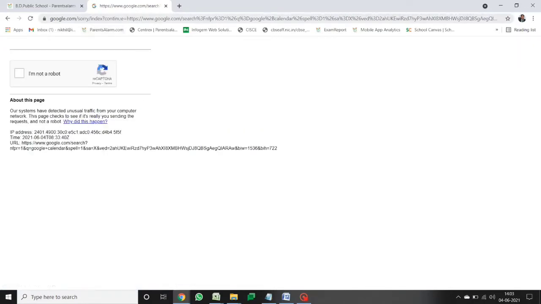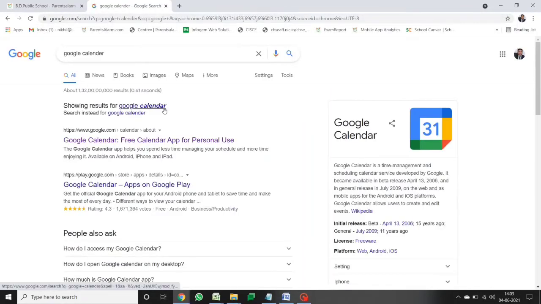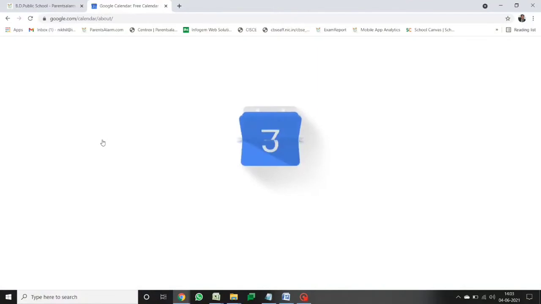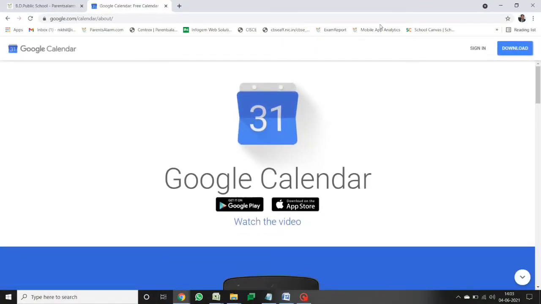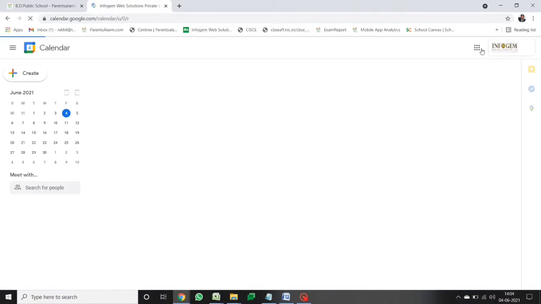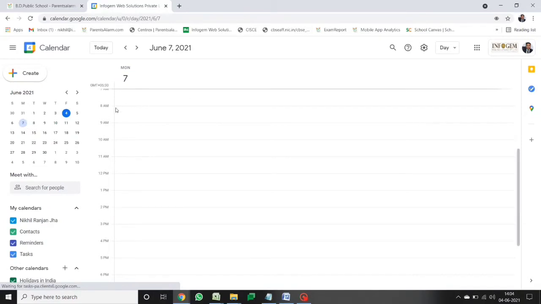So let me go to Google Calendar. I will click on Google Calendar and I will schedule one online class on a respective date. So let me sign in my account first, and then I will click on the date on which I am going to schedule my online class.